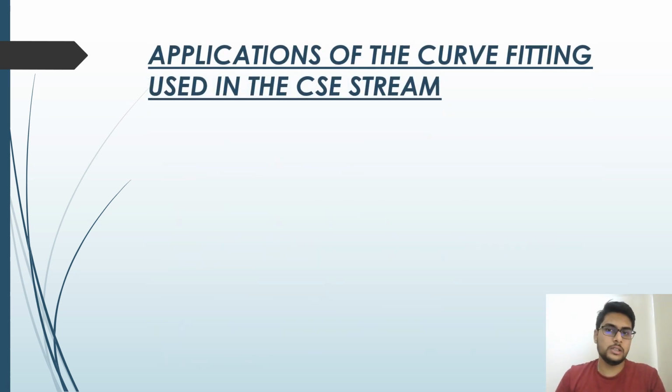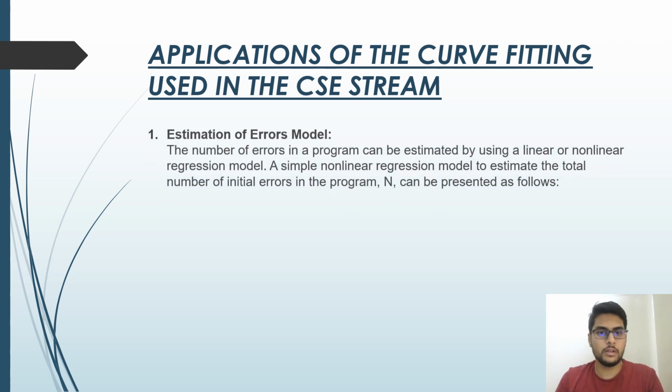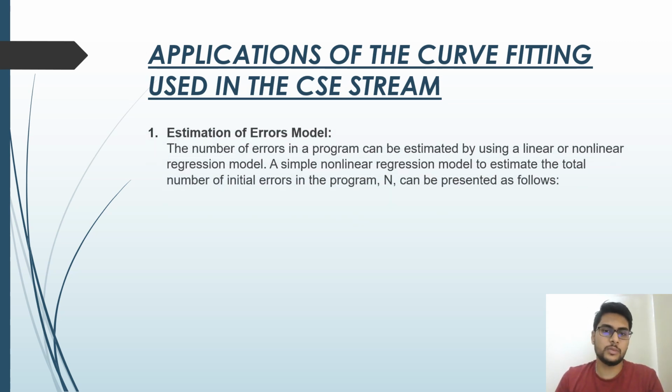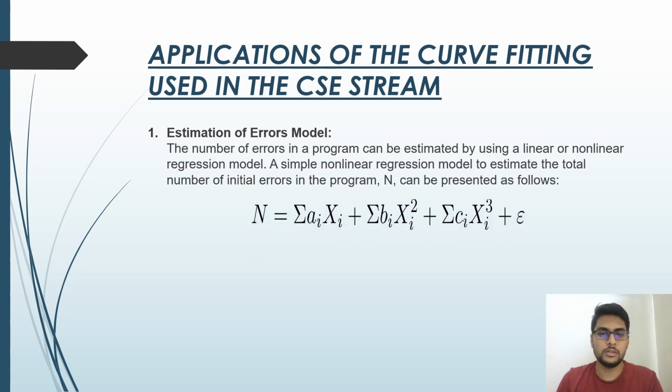What are all the applications of curve fitting that are used in the CSE stream? First, estimation of errors model. The number of errors in a program can be estimated by using a linear or nonlinear regression model. A simple nonlinear regression model to estimate the total number of initial errors in the program, N, can be presented as follows: N equals summation of ai xi plus summation of bi xi square plus summation of ci xi cube plus epsilon,